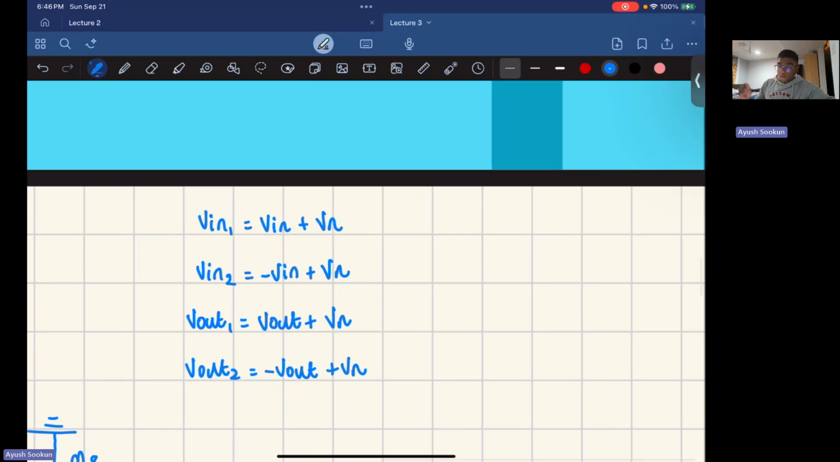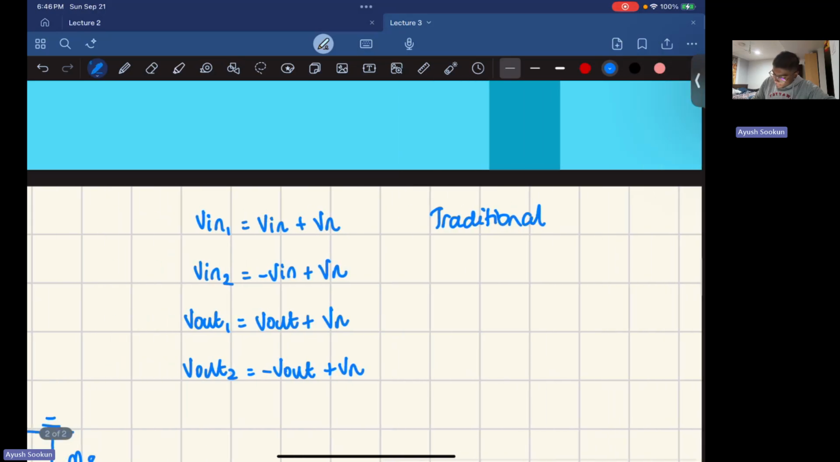So now, if you were looking at a traditional amplifier,